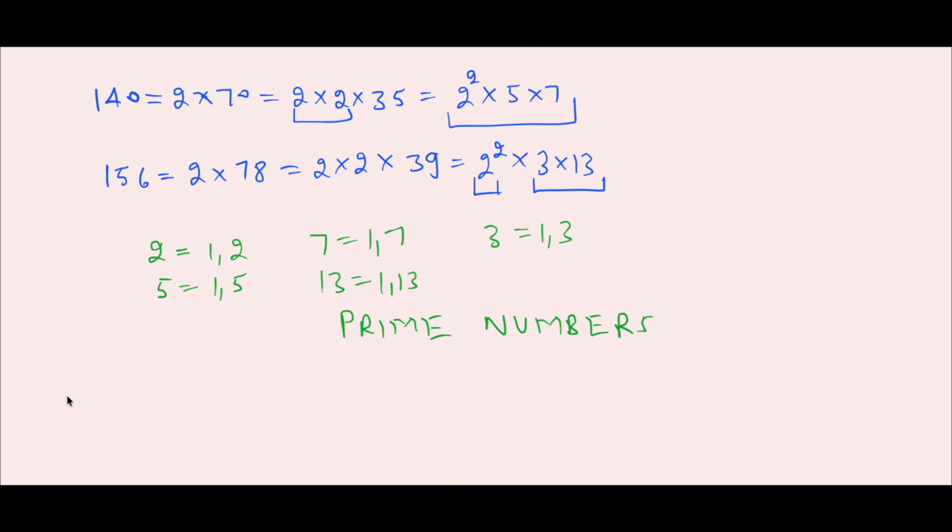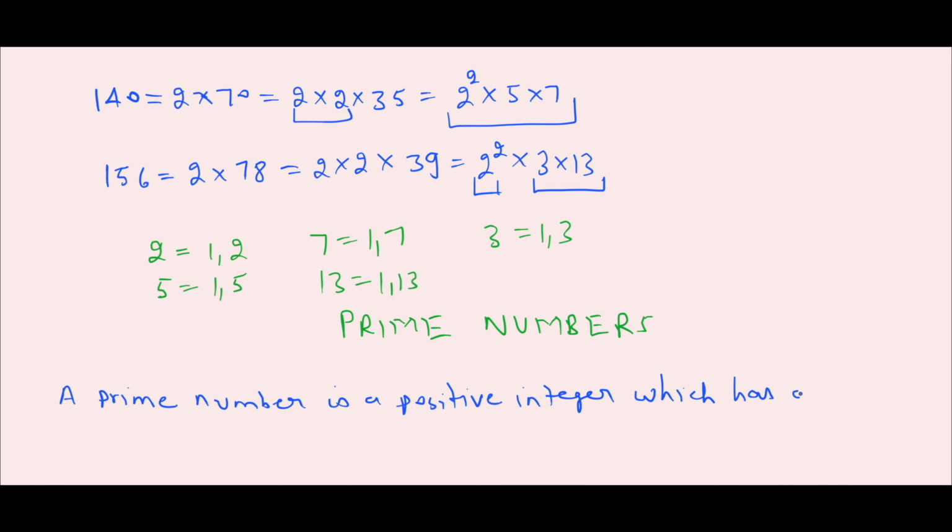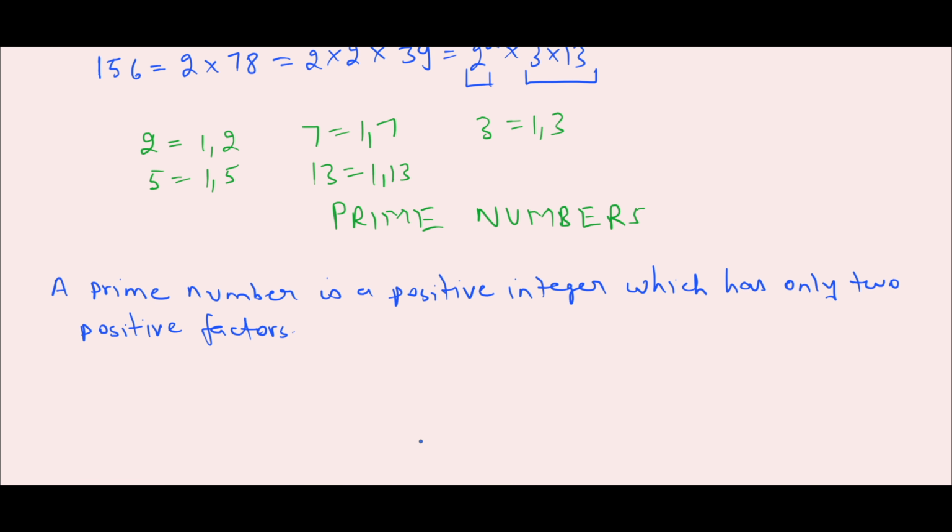A prime number is a positive integer which has only 2 positive factors. Students, we have to be very cautious when we study the definition of any concept,